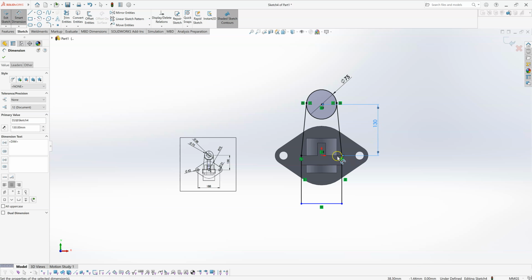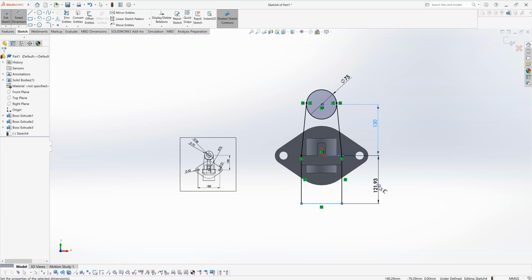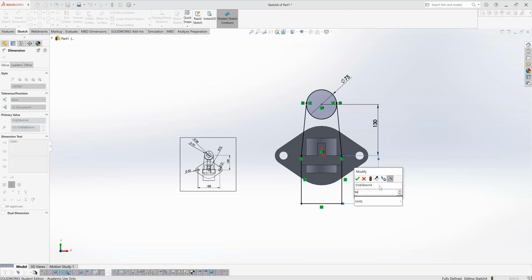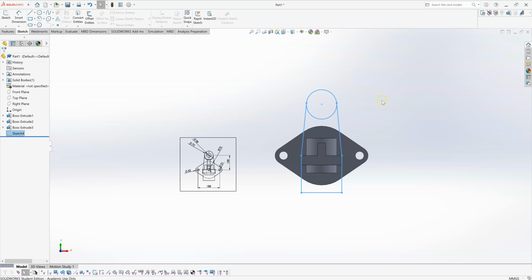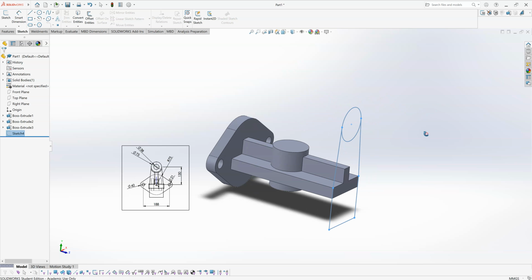And I believe the bottom of that feature is 94 down from that top face as well. Okay, so that sketch now is fully defined. So if I close out of that, what I have now is a sketch with two separate areas,